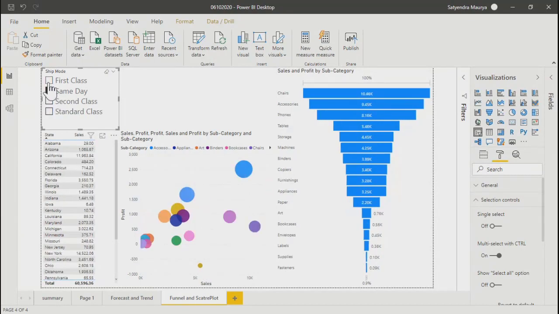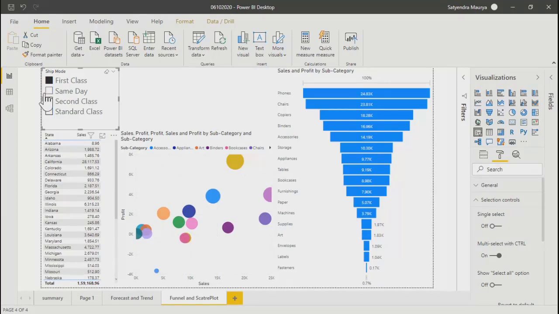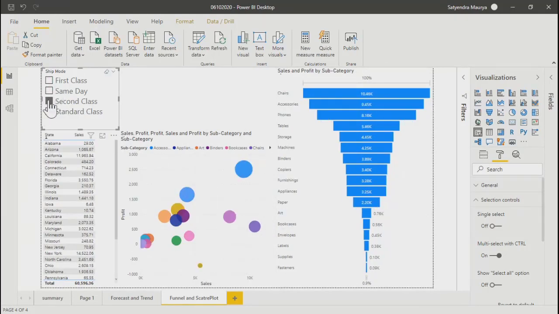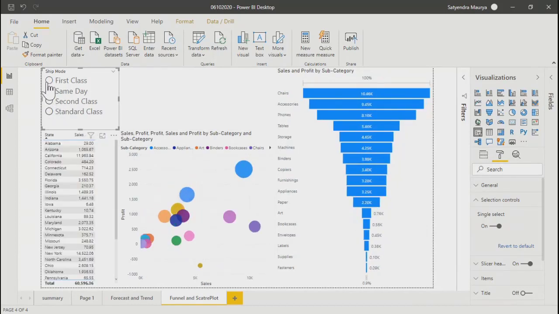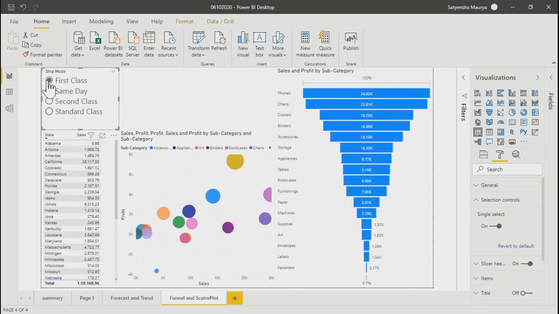You have the option to provide multiple selection. Actually it's not selecting multiple things right now, but let's say if I turn single selection on, now it got converted into radio buttons. What happened?